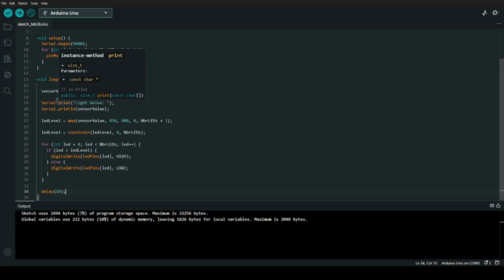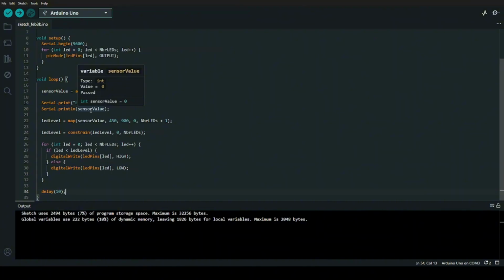Darkness usually gives a low number, bright light gives a higher number. So when light hits the photoresistor, the LEDs will light up in sequence.